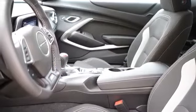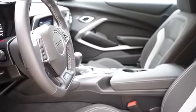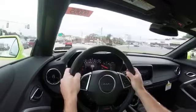Touching on overall interior quality, really the 1SS is basically a driver's car. It is pretty basic, not a bad thing. I do like the frameless rear view mirror. You're also getting LED interior lighting up on the roof as well. But if you really wanted some added amenities, go with the 2SS trim level. Here is why. You're going to get ambient lighting, dual zone climate control, illuminated sill plates, and auto dimming rear